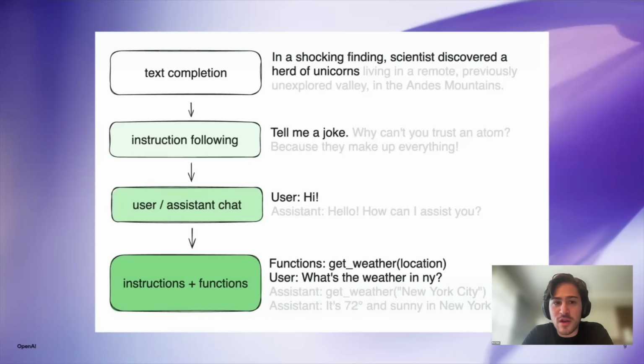If any of you were testing this back then, you might remember how setting up a chatbot was non-trivial. If you just said, what is the best way to get to the park, it would continue with something like, what is the best way to get to the park? That is what Sally said yesterday. You wouldn't actually get a response. So you had to structure it in a way where you would say, this is a question, this is the answer, question, answer, few-shot, and then give it your input.